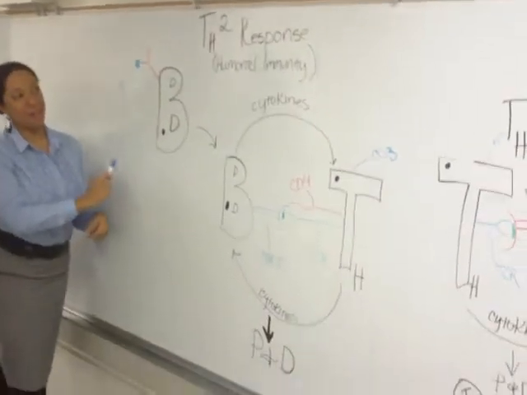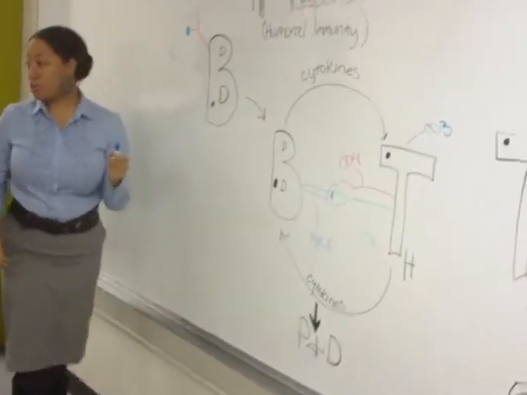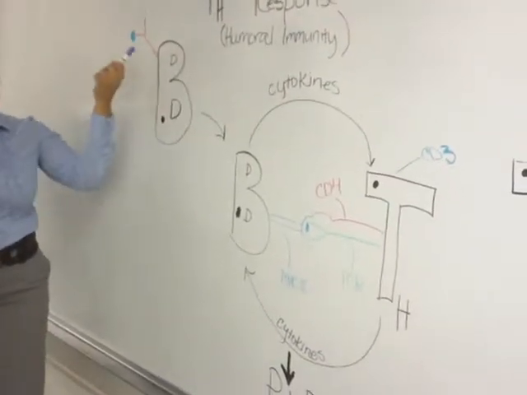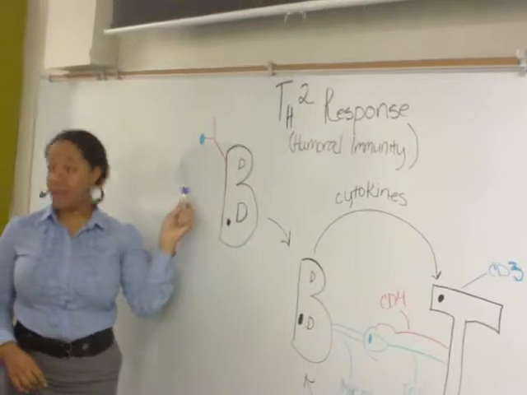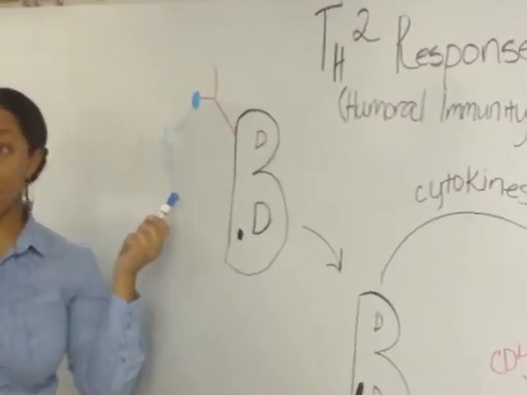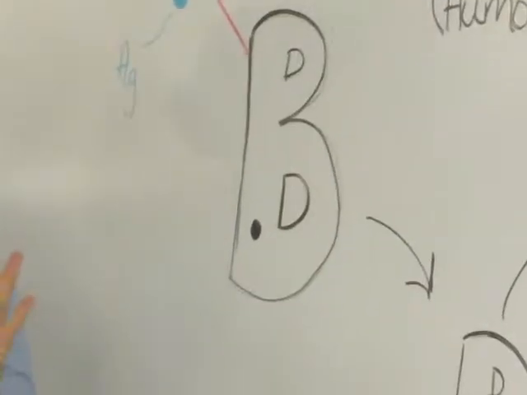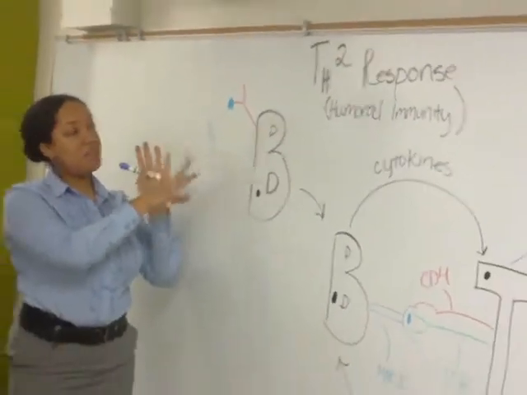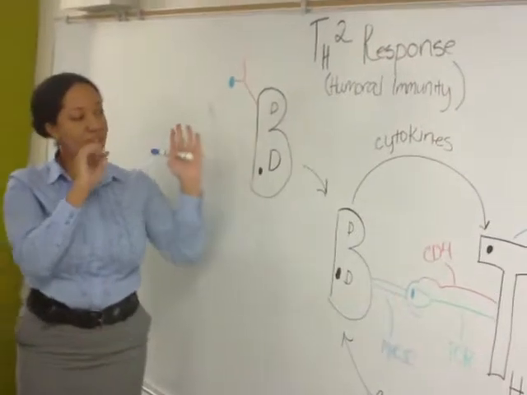However, we are going to talk about the humoral response. The humoral response specifically deals with our B cell. Your B cell has your B cell receptor, which attaches to your antigen. Now, we have a normal Th2 response. Normally, the antigen will attach to the B cell via a B cell receptor, and then what it's going to